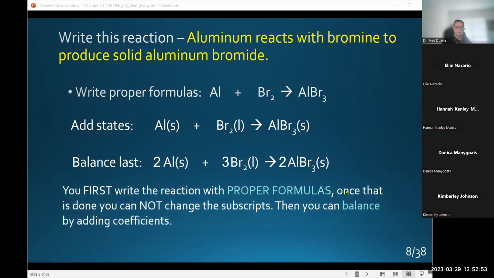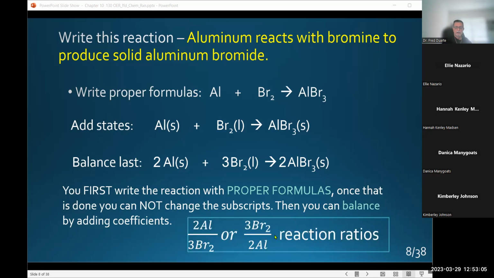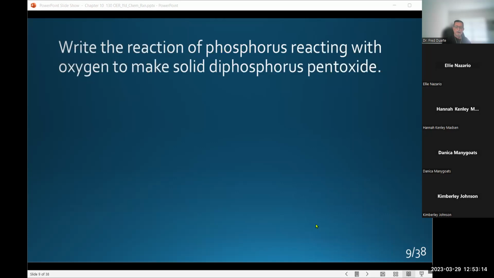Okay, now you first write the reactions with proper formulas, and then once you've done it, you don't change the subscripts, then you just balance them by adding coefficients. Okay, and then we end up recognizing the reaction ratios that we may need to use in future calculations. All right, here's a reaction. Everything up to date has been ionic compounds. This is an example of covalent compounds. Okay,